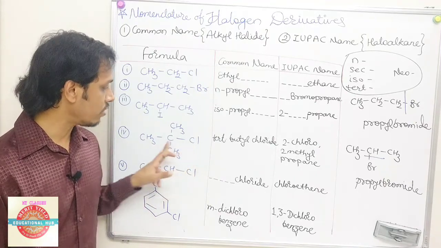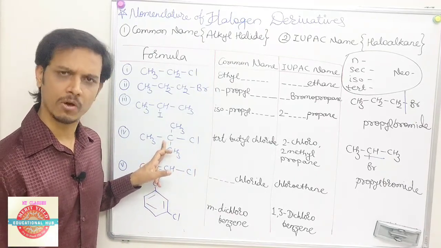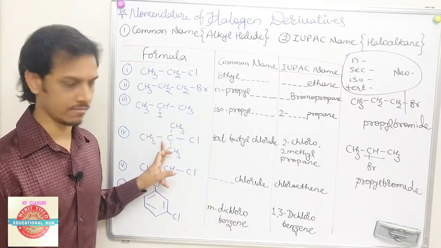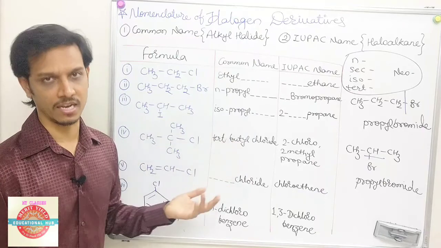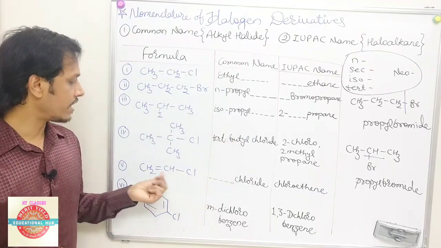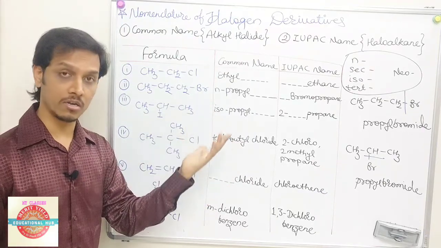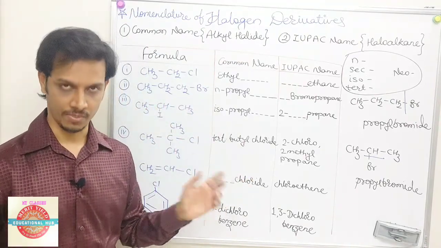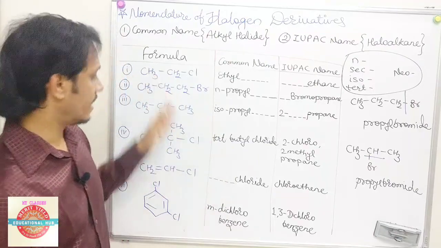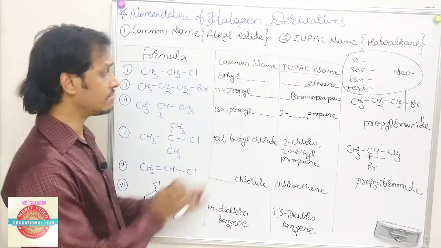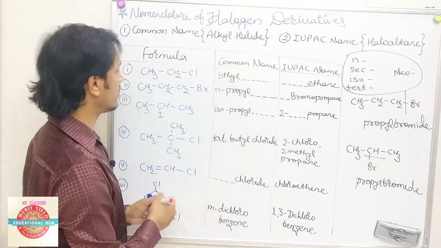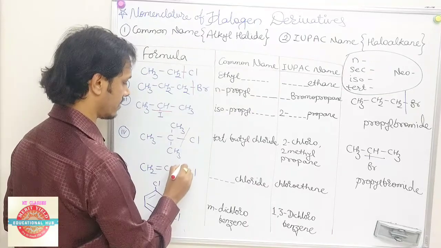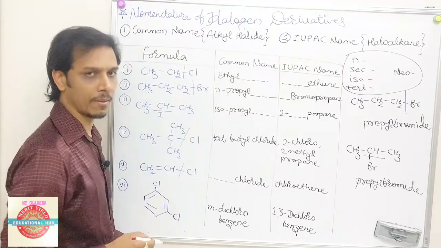If the halogen is bonded to a tertiary carbon, why is it called tertiary? Obviously you can see this carbon is bonded to 3 different carbon atoms, that's why it is a tertiary carbon atom. So the name will be tertiary alkyl halide. Here the Cl is bonded to a double bonded system. In the classification you also knew the rule, so this kind of system is called a vinyl system. I'm just teaching you the common nomenclature system first, so basically here if you bifurcate it, this is the part, and this is the nomenclature system.